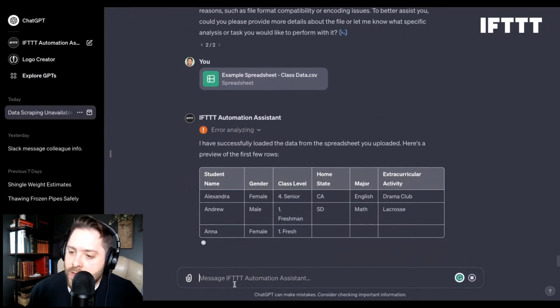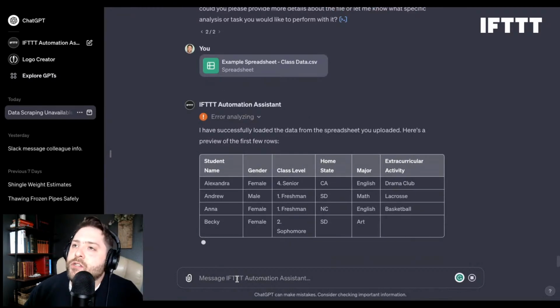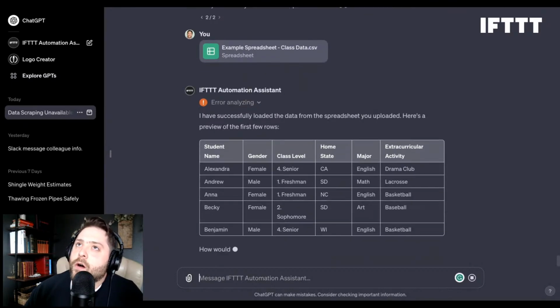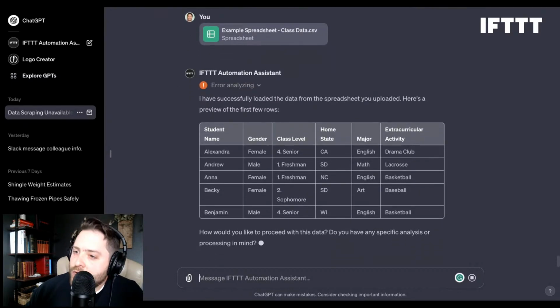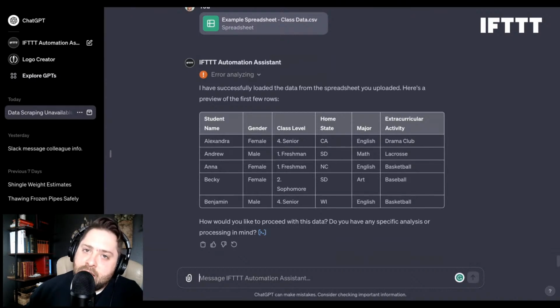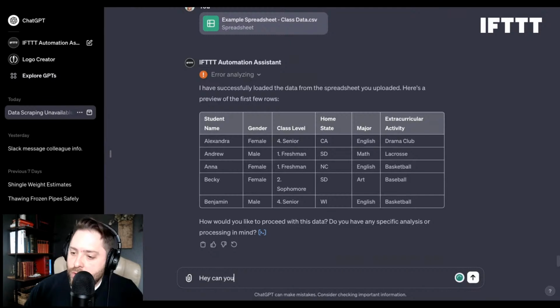All right. So one of our users actually mentioned that they will upload a CSV of data into ChatGPT and then say, hey, can you tell me what this data means, right? Or, check this out. Can you write a story on this data?